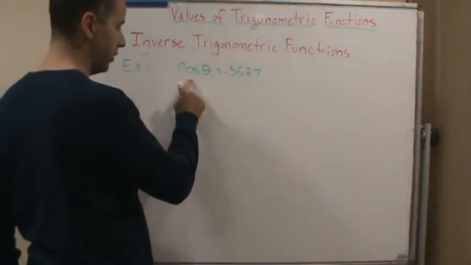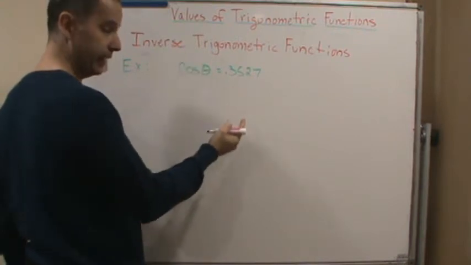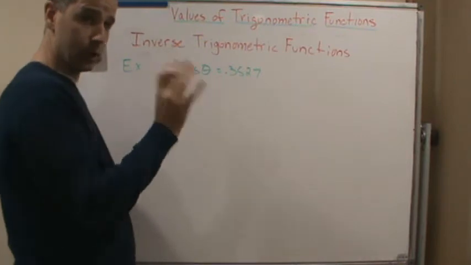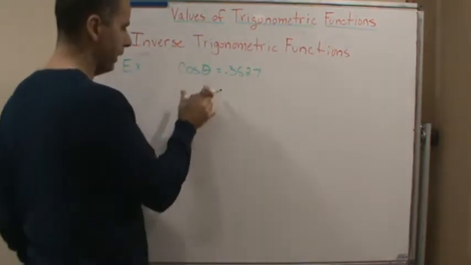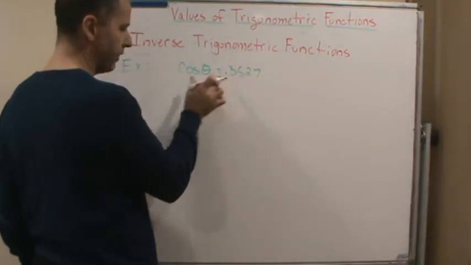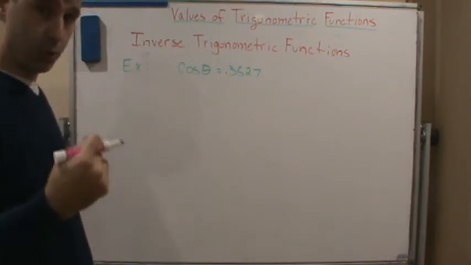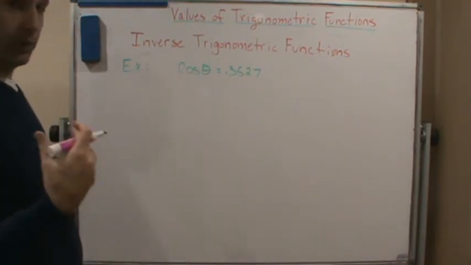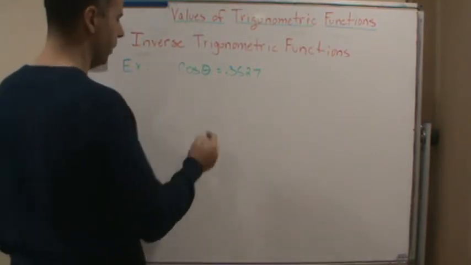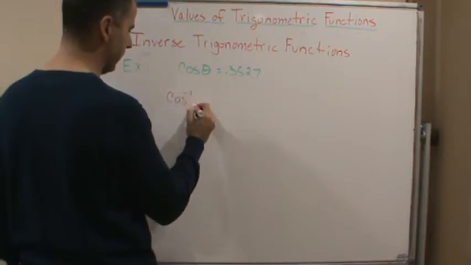So again, we have to undo to get theta out here. We have to multiply both sides by the inverse. We have to take the inverse cosine of both sides. Okay, so it's not multiplication, I misspoke. So if I'm taking the cosine of theta and that equals this, then I have to take the inverse cosine of both sides in order to undo the cosine and get theta out. Okay, so again, I'm just going to take the inverse cosine, so cosine inverse